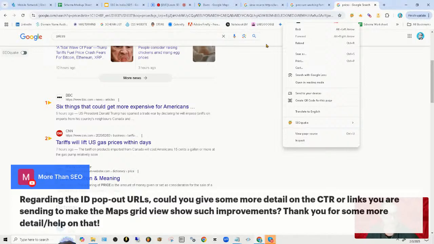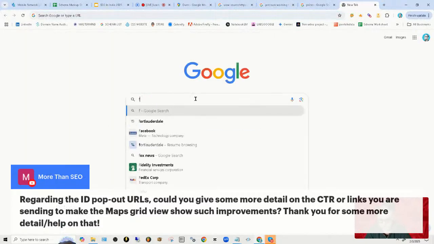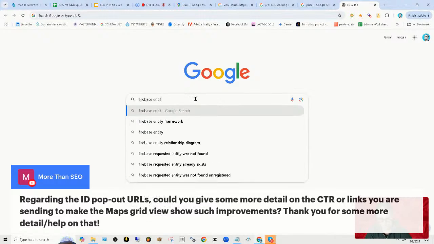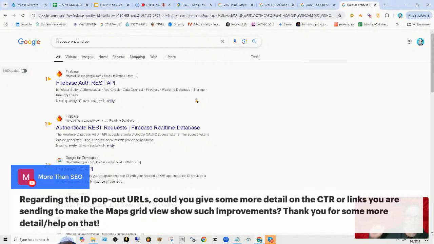Now you can speed all this stuff up. If you want to do this a lot quicker, you can look up. This way you can gather stuff up a lot faster. They have updated the database. There's new databases. This way you can get all of the entity IDs for locations and other information, right? They have a new updated version that you can get entity IDs. But then for topics, you can also get that.